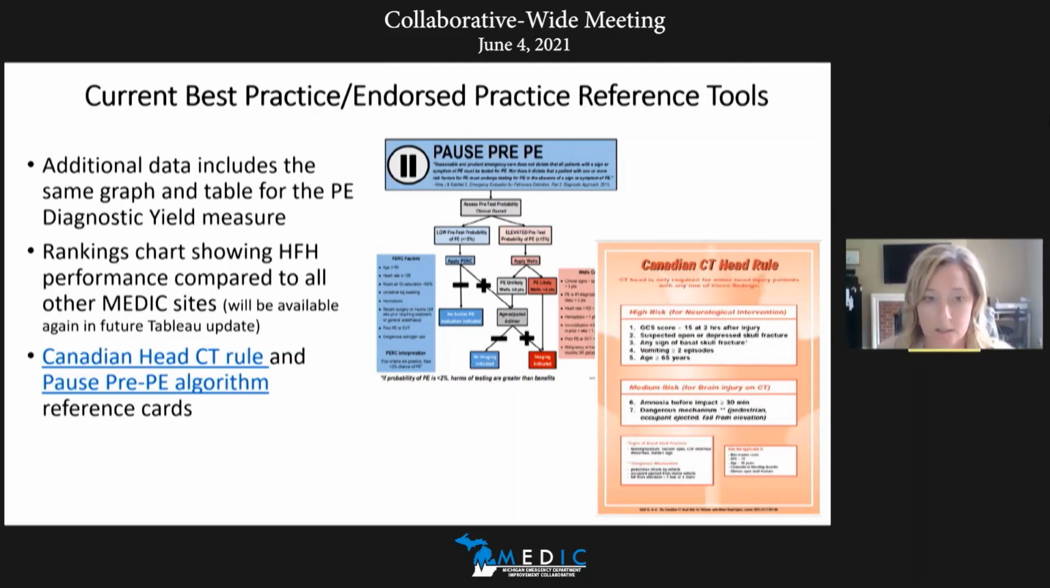Something else I also include, but it's not listed here, is a rankings chart showing our performance compared to all other MEDIC sites. And I think eventually, even though we can't get it now in Tableau, this will be available. So the ranking graph is nice to show because it gives a broader view as to how we stand and compare to other sites. So as we move to the next slide,